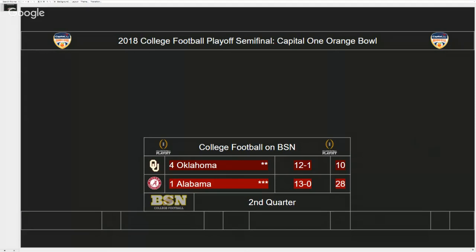As here we go with another kickoff. 38 combined points through the first quarter and a half exactly. Very, very clever on the play calling side of Alabama. All throughout the game on both sides of the ball, giving different looks. Oklahoma starting to match that creativity on the offensive side and the defensive side. Alabama has to get used to these adjustments that Ruffin McNeil has made since the first quarter, talking to his